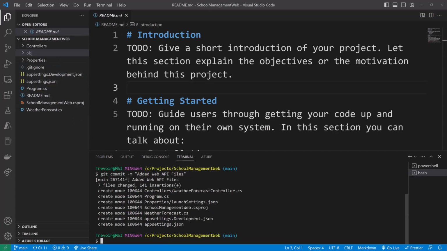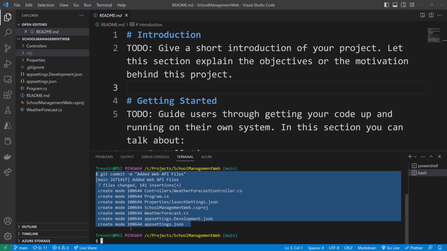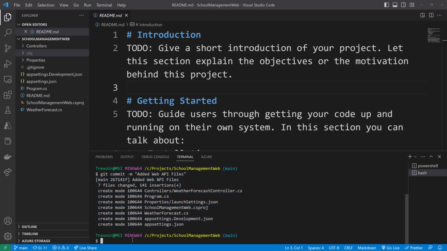Now, all of this happened locally, and that's what it means when we say Git is a distributed source control management system, because I did a commit, but this is to my machine. This is on the repository on my machine. Azure DevOps does not know about these files, or whatever remote repository does not know about these files right now. So getting the files into source control is usually a two-step process. We have to commit, like we just did, and then the next thing is that we have to do a